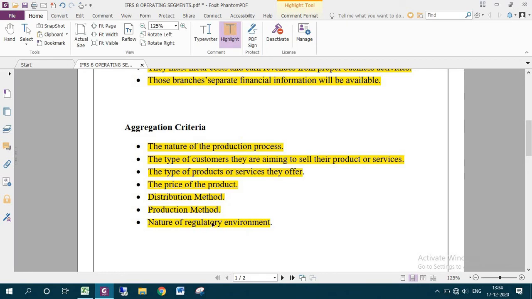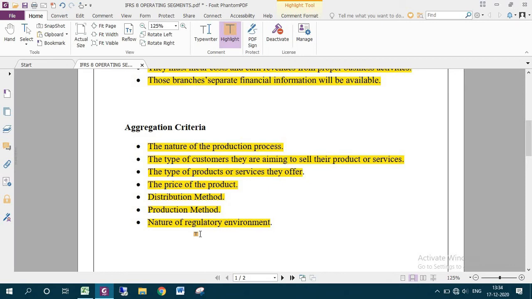There is no need to satisfy all these criteria, but most of them should be satisfied in order to be aggregated to one or more operating segments. So if 2 or 3 operating segments have similar characteristics like this, then we will show that as a single operating segment. Okay,